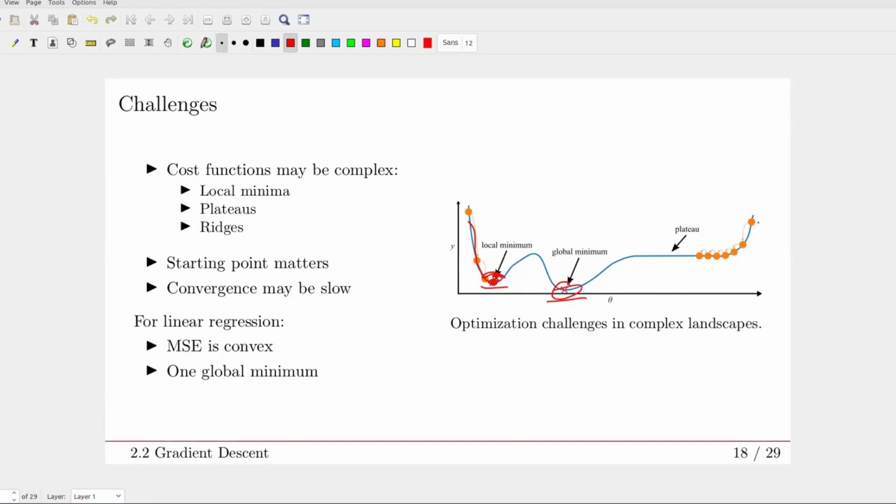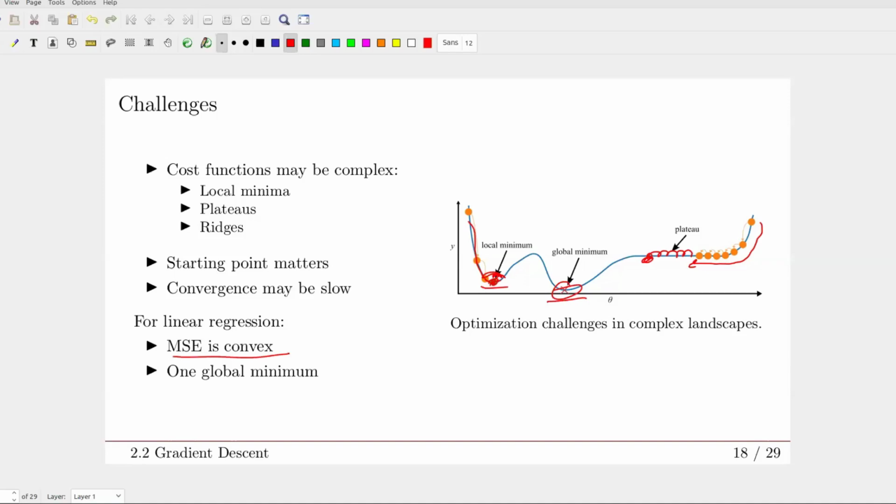And then if you have a plateau, you might come down and say, oh, I keep moving, but nothing's happening. So I must be in an optimal space, right? And so that's just going to be kind of your classical plateau issue. So one, we won't go too deep into this, but one benefit here is that mean squared error is